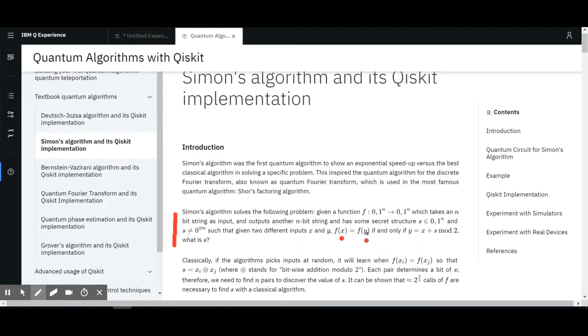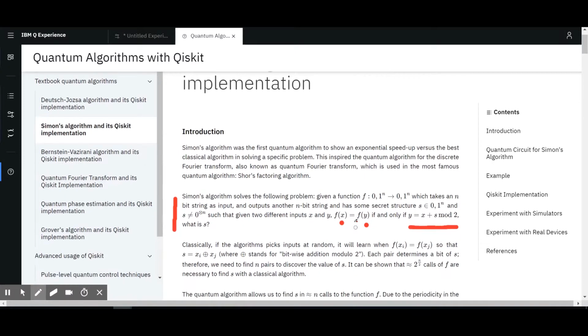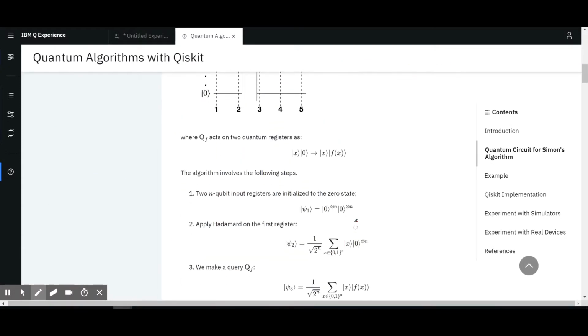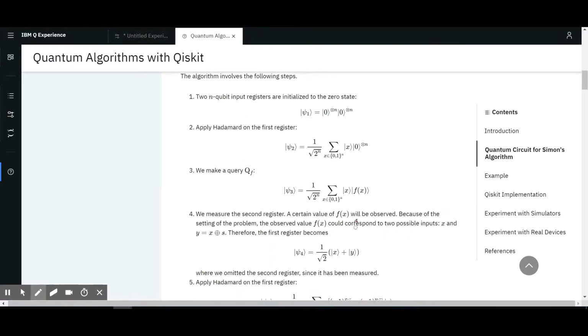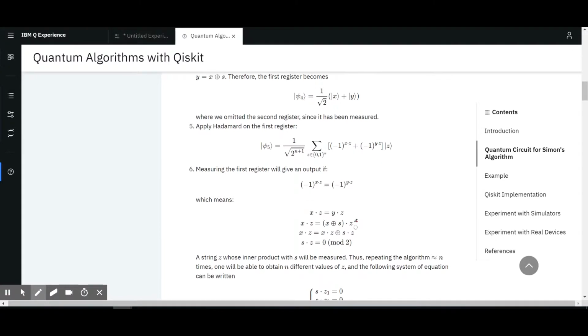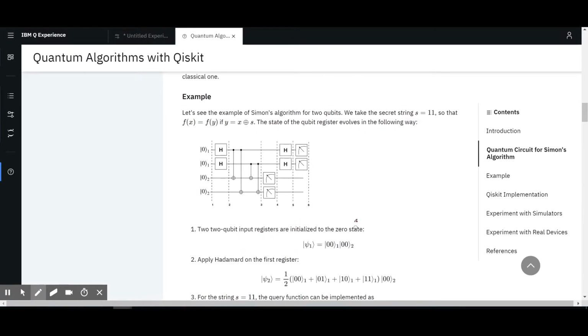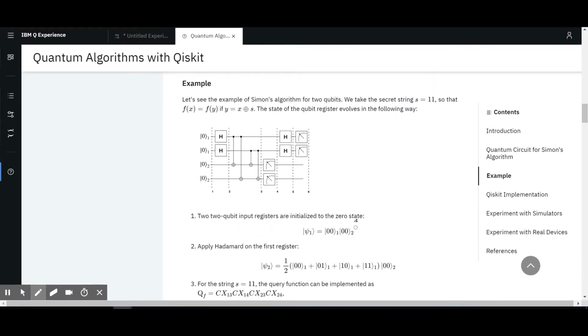So we want to find exactly what that s is that satisfies this constraint here, right? It's again the same as the other algorithms. You can check the other 2-minute videos. There's a bunch of mathematical definitions in here, but at the end of the day, what you see is that out of all that,